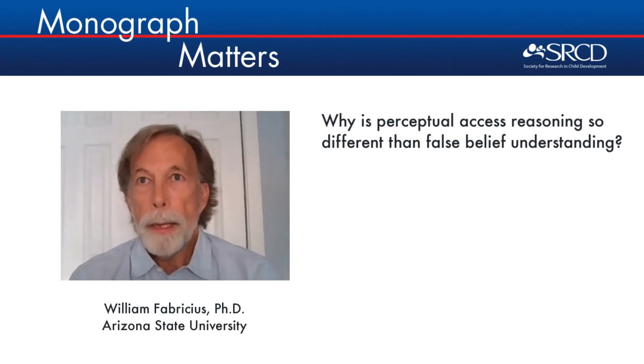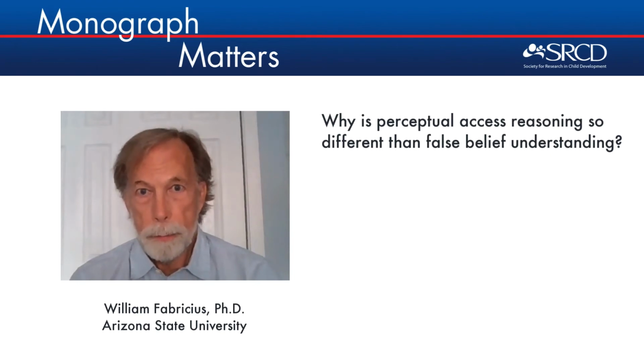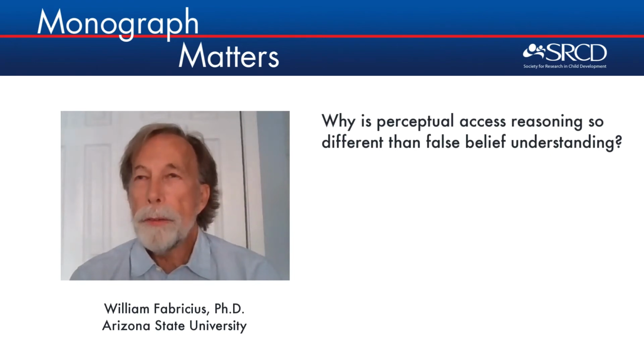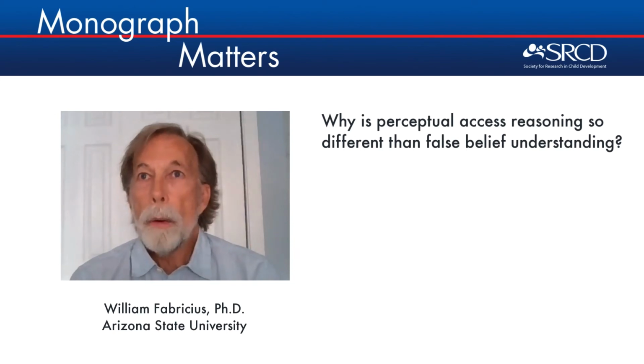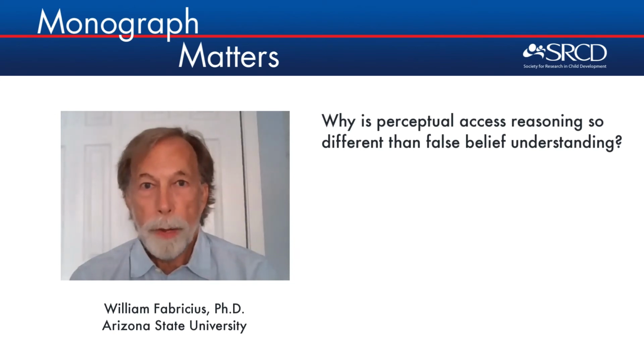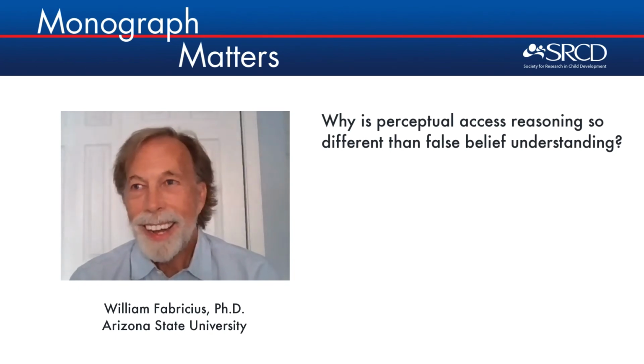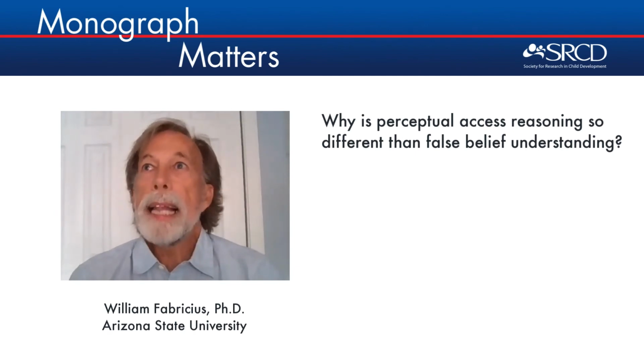So they are using a reasoning process that does attribute seeing to other people, and it does attribute a type of knowing, but it's a very immature concept of knowing. It's tied to the present situation that the person is in. So children who use perceptual access reasoning, or PAR for short from now on, can reason that